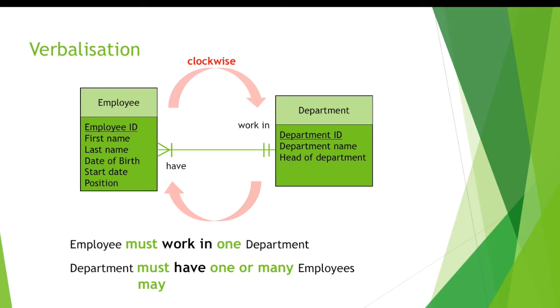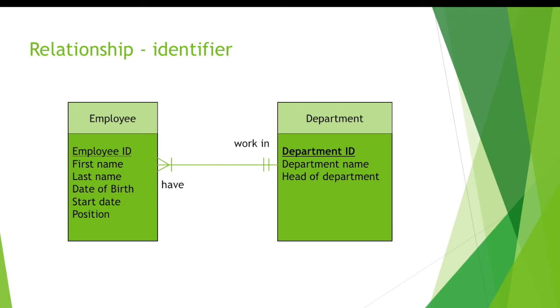To now complete the relationship and allow navigation through the entity structure, we also take the unique identifier of the one side of the relationship, which in our case is department ID, and copy it into the entity with the many side of the relationship, which is employee. And that step creates the actual linkage between two entities, and now we are able to move between those entities